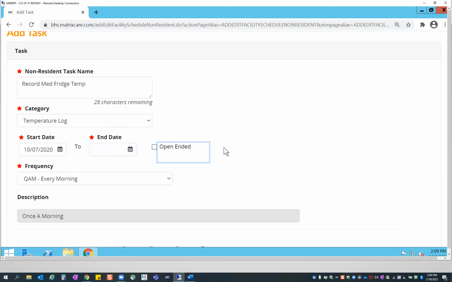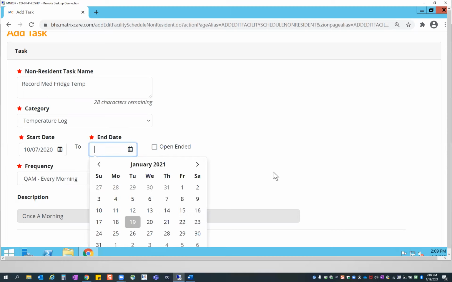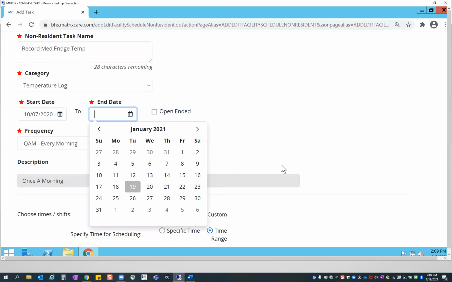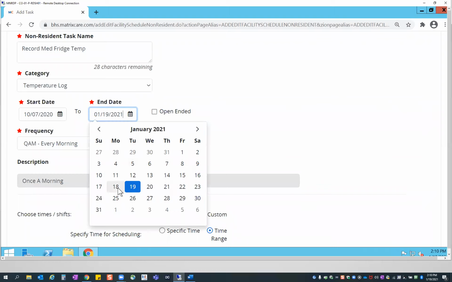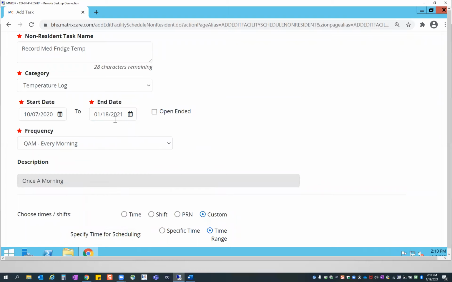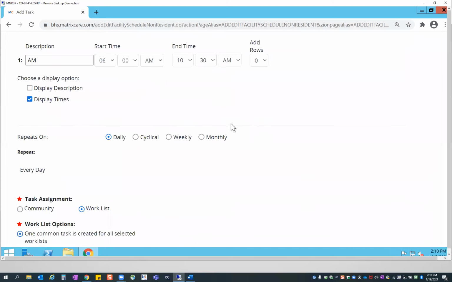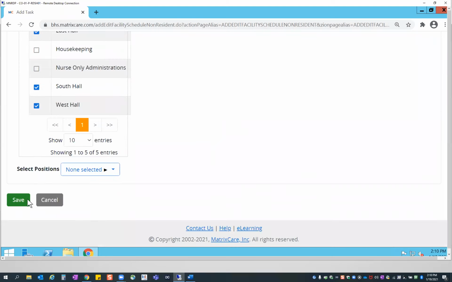So rather than leaving this as open-ended, if this is something I no longer want them to do, I would go in and enter an end date. And perhaps I would prefer that it end today's date. I can go ahead and enter that. Or perhaps I don't want it ever done again. I don't even want it to show up today. I'm going to go ahead and enter in yesterday's date. And as soon as I hit save here,